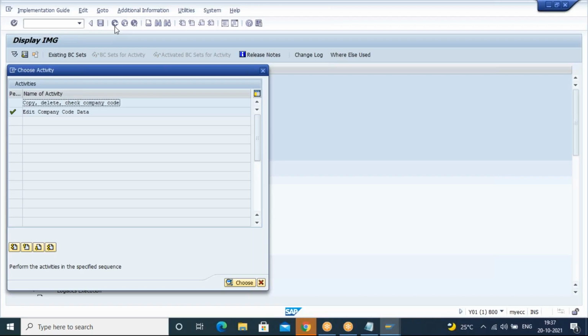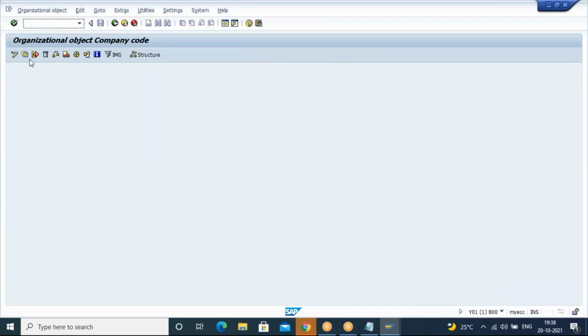Now, when I got the new details and compared them with my old company code, all the address details were somewhat similar. So at that point of time, instead of deleting the first company code and then entering each and every data again and again manually in my second company code, what I can do is copy the data from the first company code to the second company code. So how we are going to do it: now see here, click on this Copy, Delete, Check Company Code. Now click on this copy button. AM20